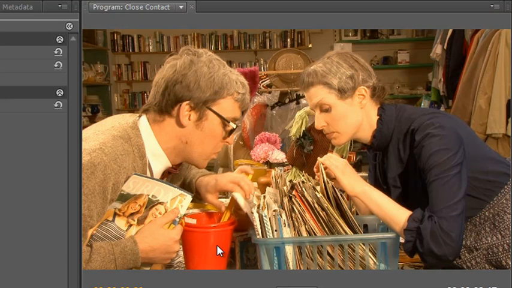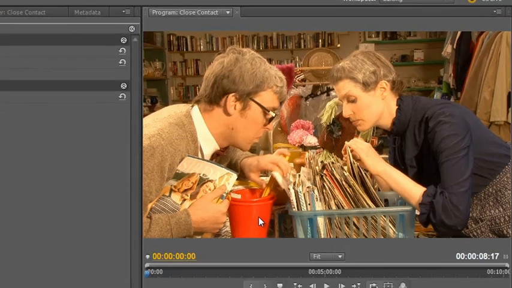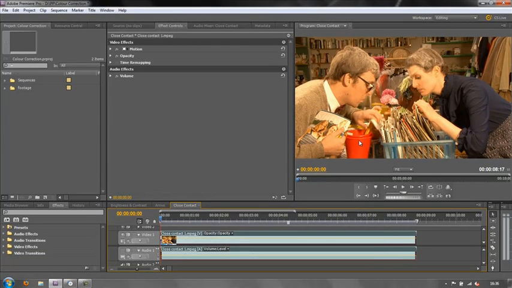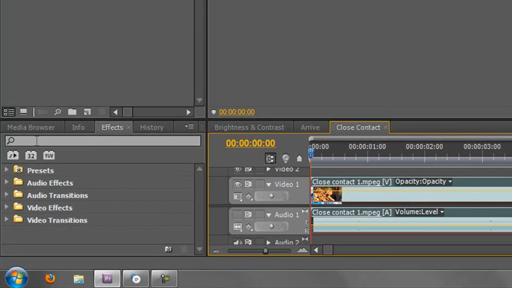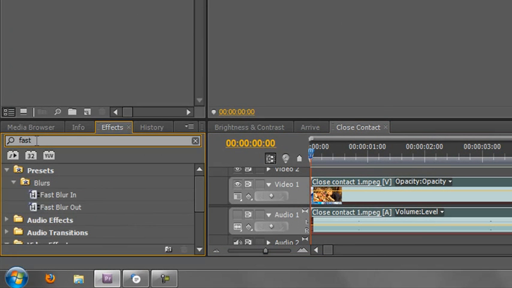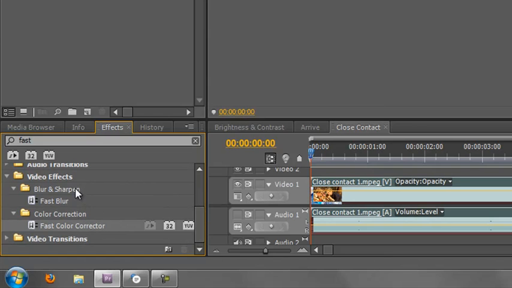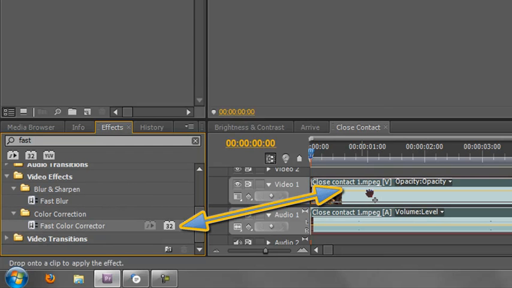So three problems, and we're going to use the same tool that we used in the last tutorial to start to deal with these issues, and that's called the fast color corrector. And if you remember last time, if we click in here, down here in our effects tab, and start typing fast, got a few presets at the top, and we scroll down to video effects, color correction, and there we go, we have the fast color corrector, and we grab it, click and hold, pull it across and drop it